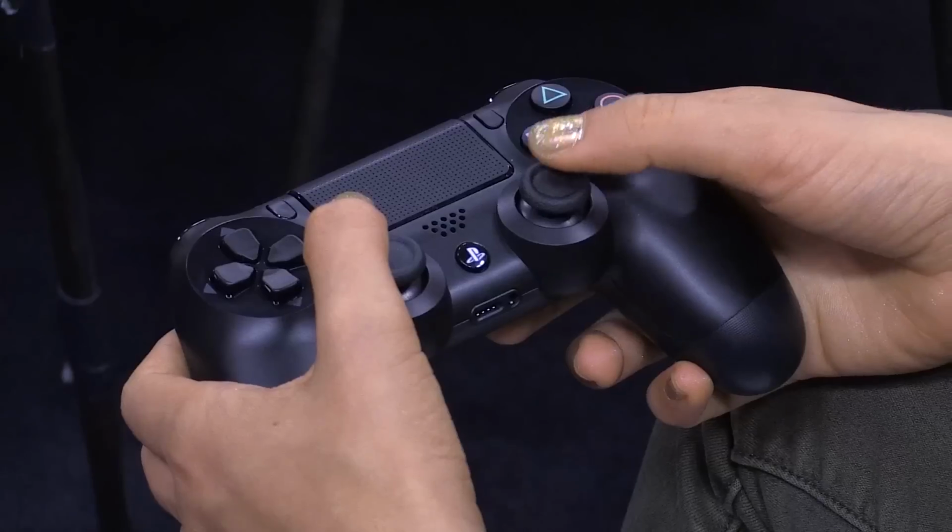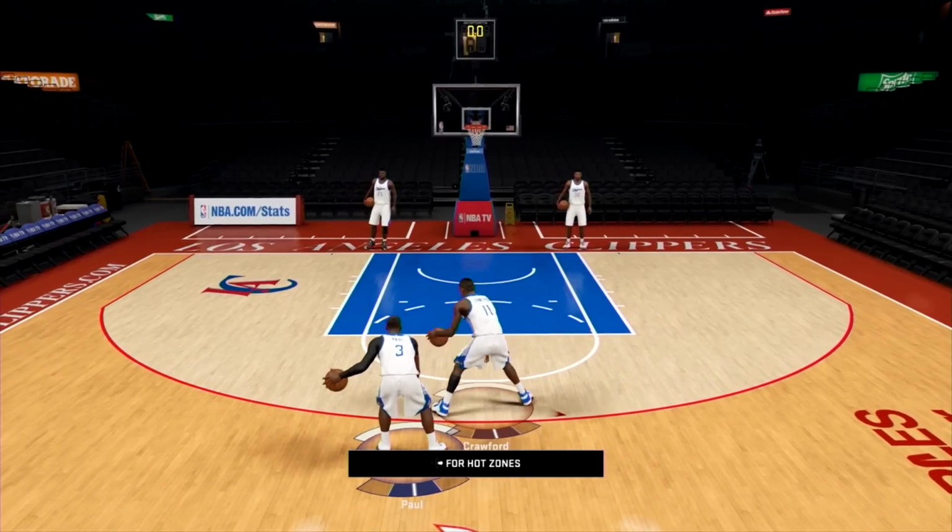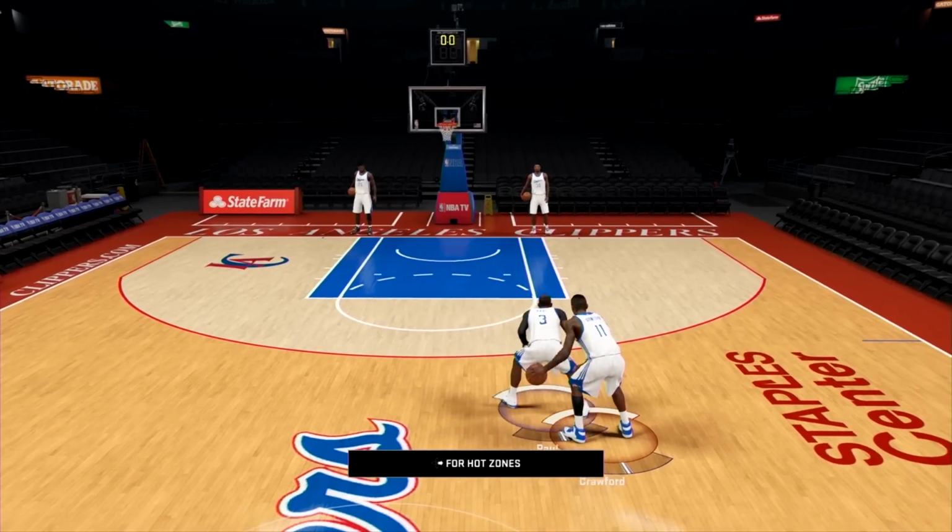Got it. All right, spin, we're gonna twirl it. Twirl the stick and let go. Nice, he's got a nice spin move too. Yeah, he's got really sick handles. If you're holding down the sprint button and you flick the stick in different directions, you'll get different moves. Okay? Cool. So we call them escape hezzies, where you clear more space,